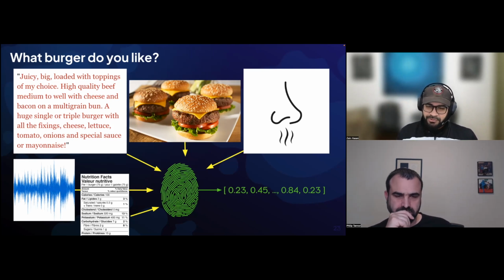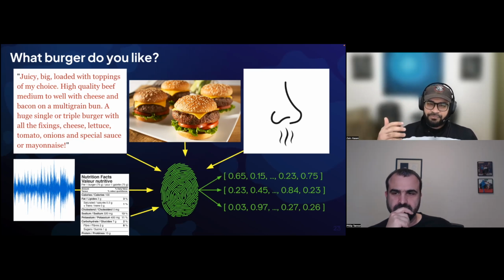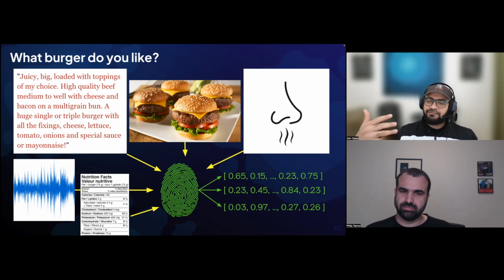So what we did with Weaviate is we enabled multi-vector search, right? So you can actually represent an object using as many vectors as you like. We call it the named vector approach. You can say burger image, burger text, burger nutrition, and now you have three different representations of the same object